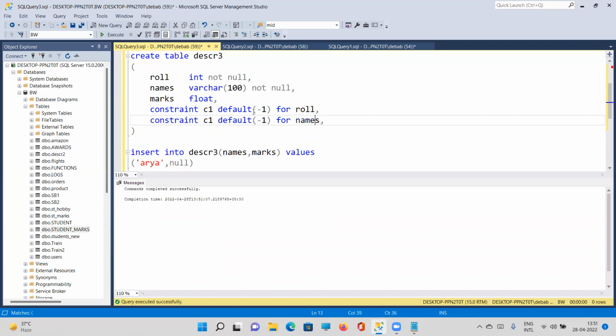If anyone doesn't give any value for names, it is varchar, so I can give something like xxx as the default for names. Let me give a different constraint name, otherwise it will throw an error. If I do that,